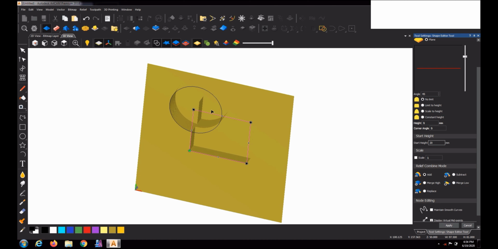If you keep the cursor on top of that height, when I keep the cursor there on top of the material, you can see the Z value changes to 50. You can see the Z value is 50 in the right bottom corner. So any point you can see like that. Now this height is 30, this height is